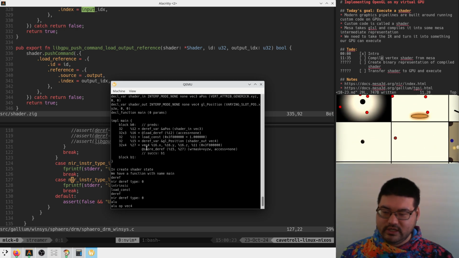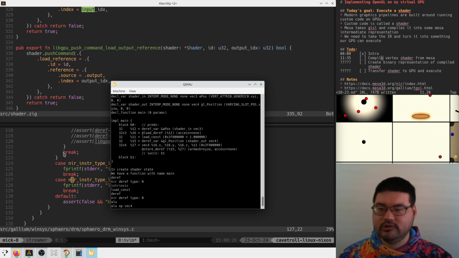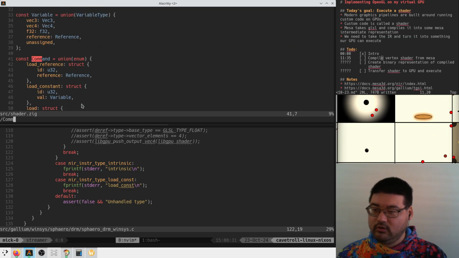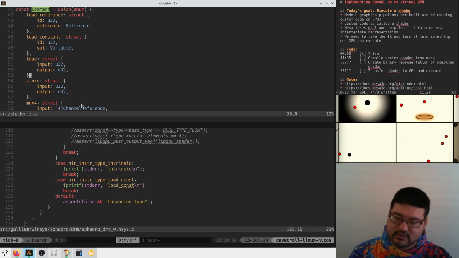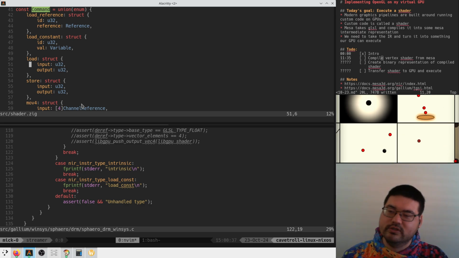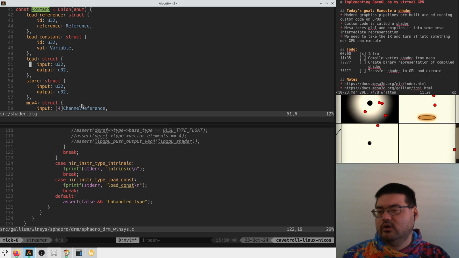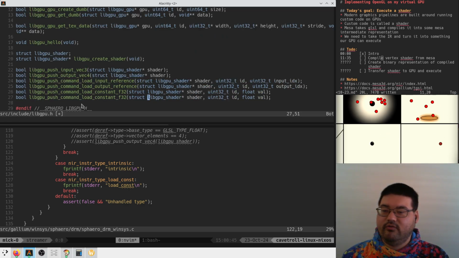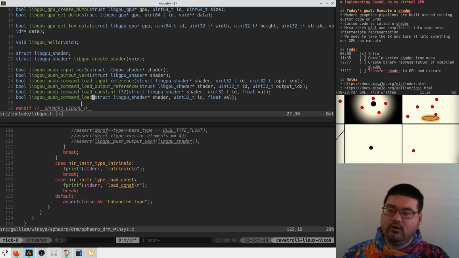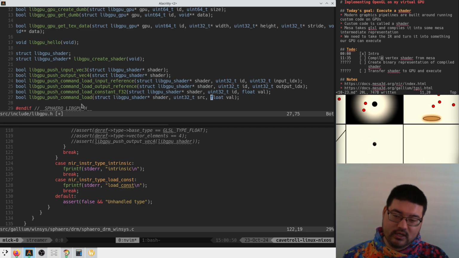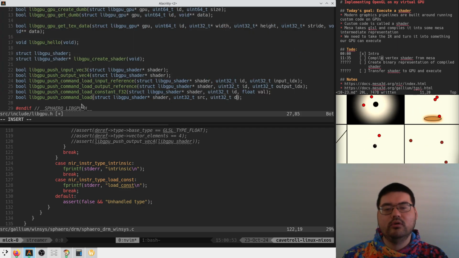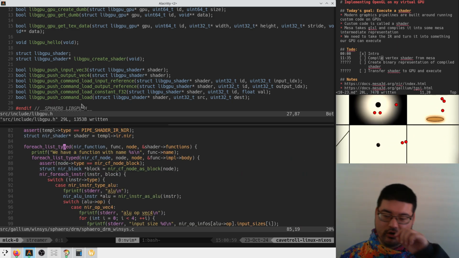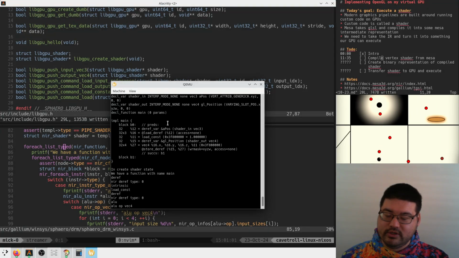Next we have load deref. Okay, so that we called load in our command reference, I think. Load, yeah. So this just takes the value that was a reference and stores it in some output variable. So I guess we have libgpu.h. We just have the load thing now. And we'll just call this source and dest. Which means that we now need to look for this load deref instruction,